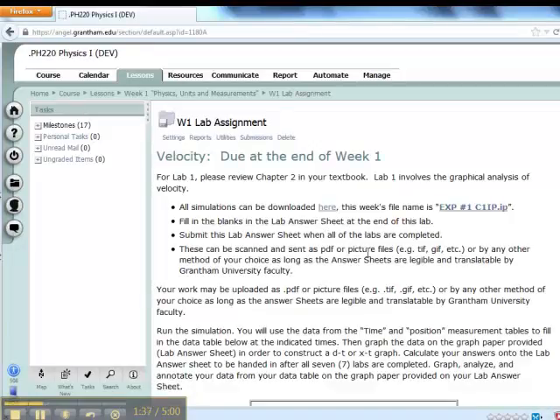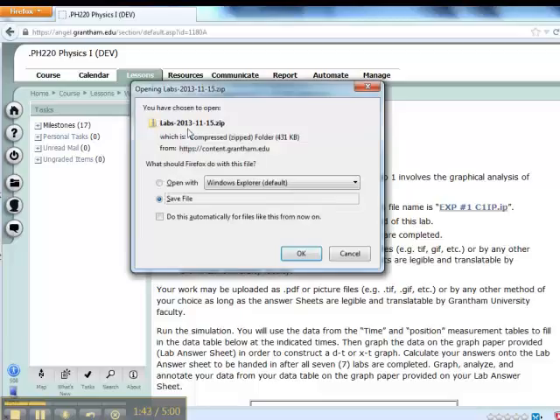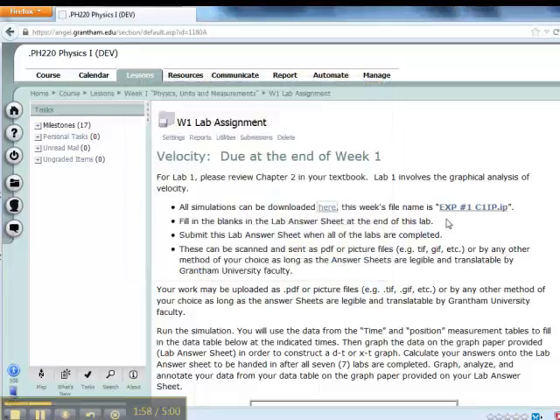So now at this point, I'm just in a development shell. If we click the link that says all simulations can be downloaded, notice it opens a zip file where we want to actually put these. We can download those and work. If I hit save, you pick your specific location, and then we go from there. Now I already have these downloaded and installed, so I'm just going to go over and open our first one up, which if we notice is